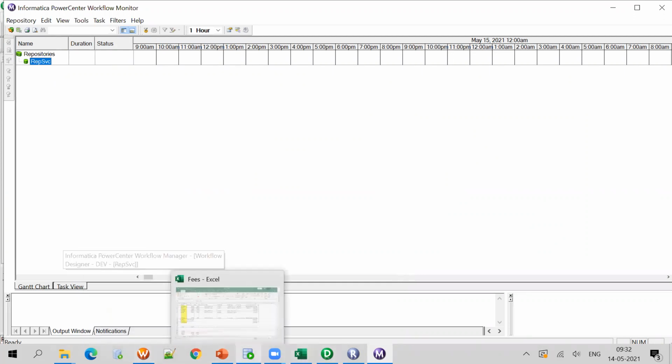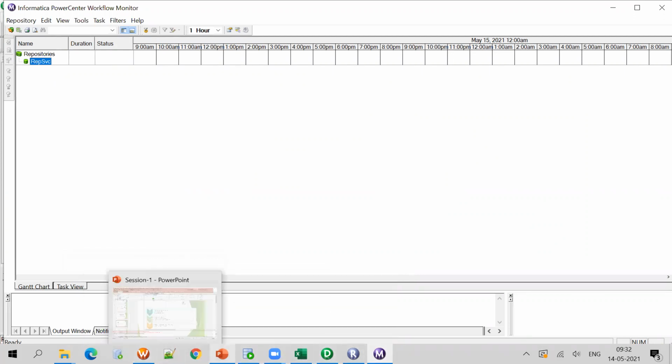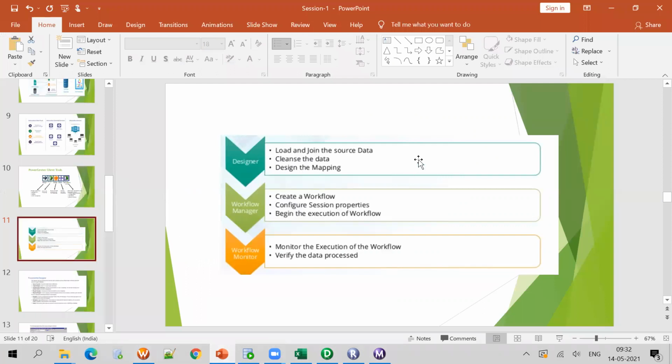As I told, why will the Mapping Designer be used? Why will the Workflow Manager be used? Why will the Workflow Monitor be used? At the start, it will be a little hard. See, you can think that Informatica is a very easy tool. There is nothing tough here, and there is nothing that cannot be done here.